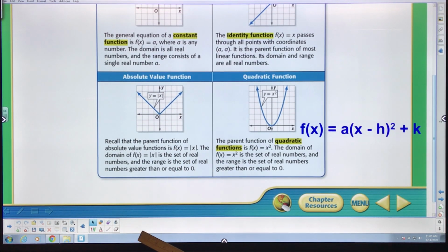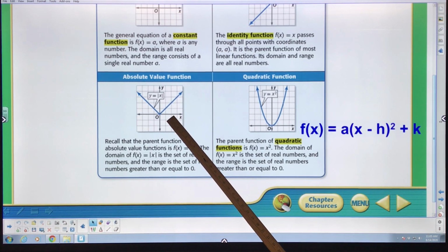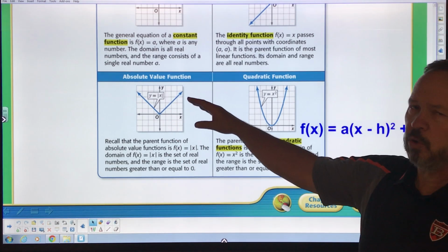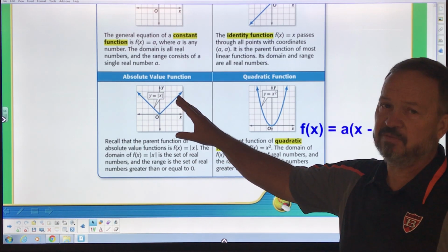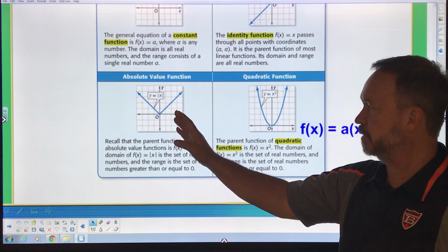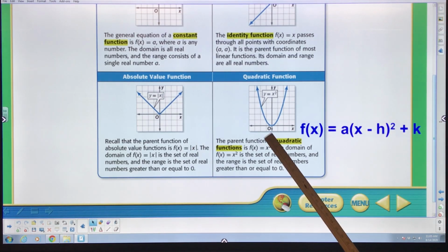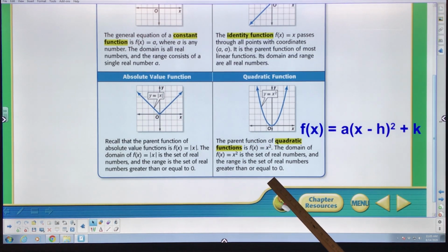The absolute value function that we talked about before, f of x equals the absolute value of x, you can see where it goes. But remember, in a previous lesson, we looked at where it moved a little bit. You know, it can move up, it can move down, it can move left, right. And then the quadratic, which we're familiar with. Now, this is the parent,